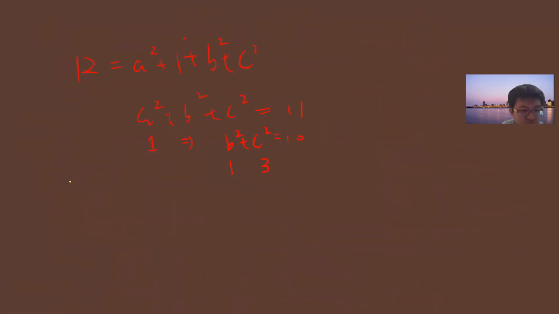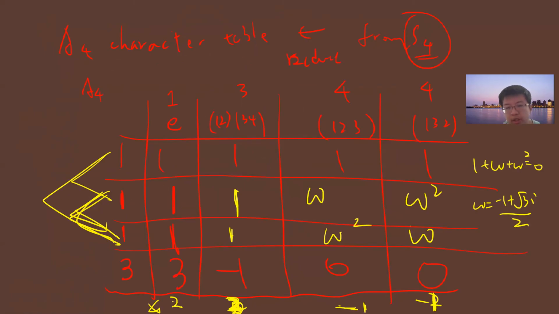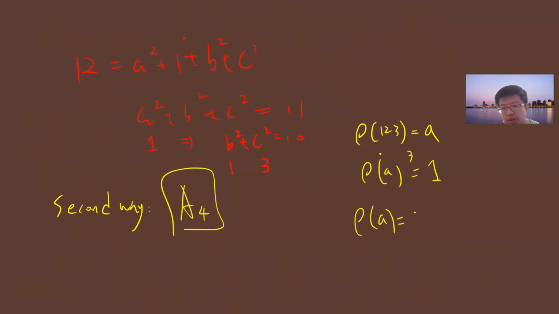Okay, so the second way, let me just quickly mention. So the second way is that you know that there is a subgroup. There's a subgroup inside A4, right? So it's the same as what we are doing in the D8. We are doing the D8. So you see this 1, 2, 3, right? So you row 1, 2, 3 is just some number A, right? And you know that A cube is 1, right? So the only way is that this A can only be what? Can only be 1 or omega squared, right? So this is the case,